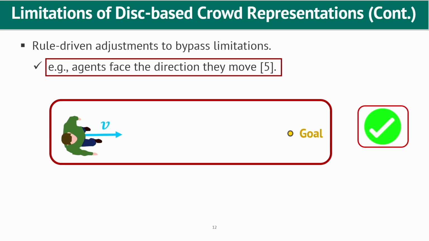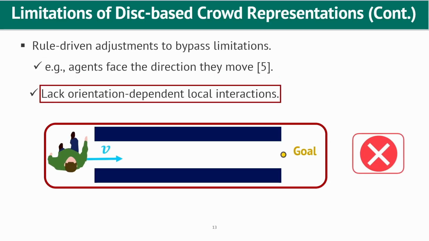For example, some approaches force the disk, or the crowd, to always face the direction of velocity, but they cannot respond to orientation-dependent local interaction. For example, if the disk-based crowd needs to rotate or twist in between narrow walls,